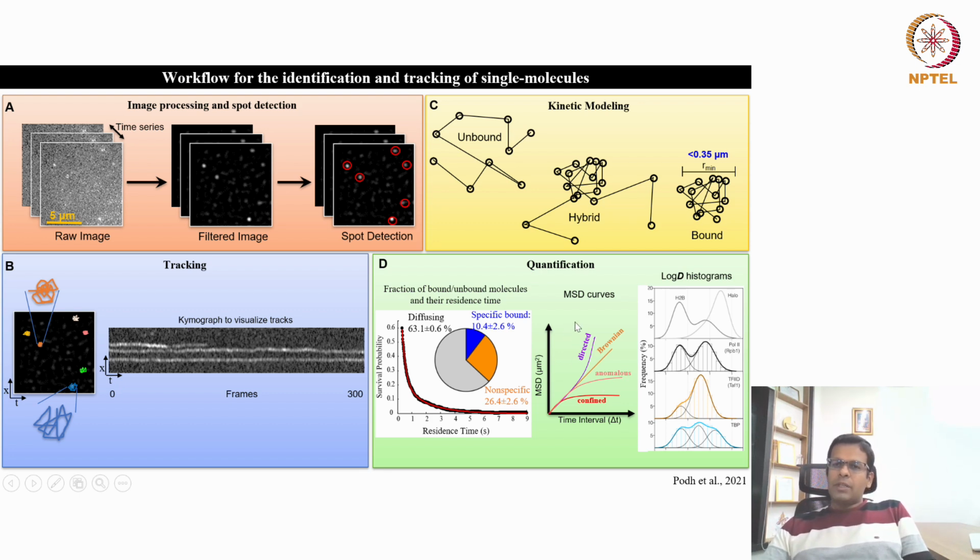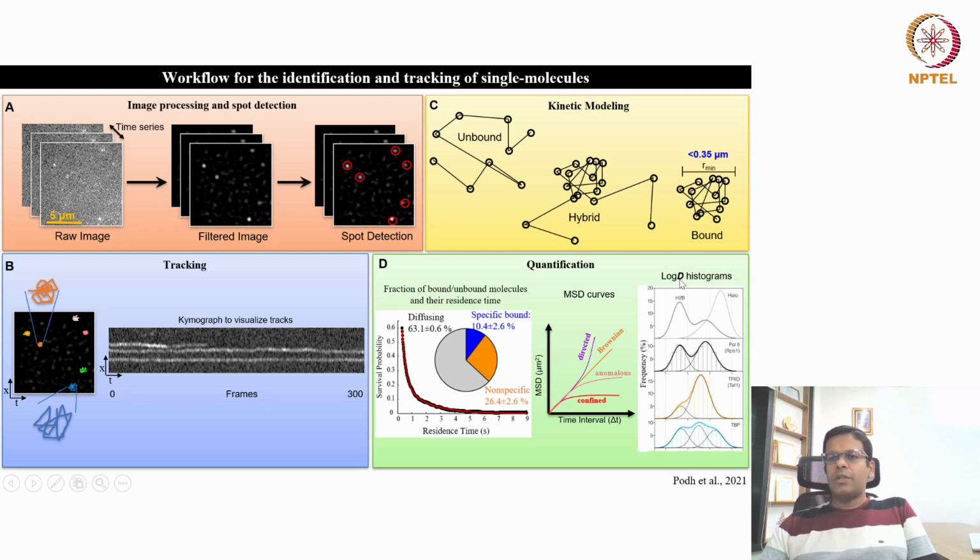You can also plot the MSD curve, the mean square displacement, against time, and based on the shape of this curve, you can say whether the protein showed confined diffusion, anomalous diffusion, Brownian movement, or directed diffusion. Generally, if you are tracking molecules inside the cell or the nucleus, they will show confined diffusion because the movement of the molecule is confined within the nucleus or the cell. Whereas if you track a molecule in an in vitro system, then it may show directed movement, Brownian movement, or anomalous diffusion.